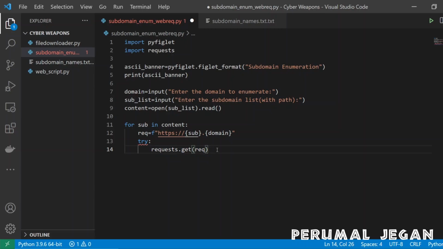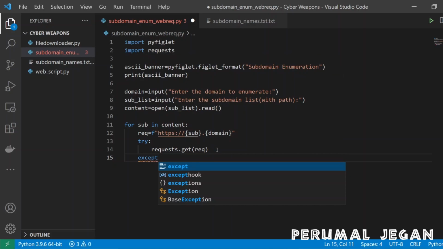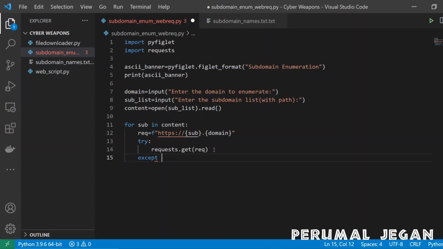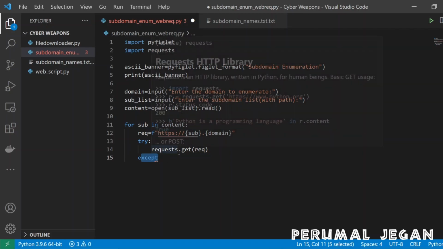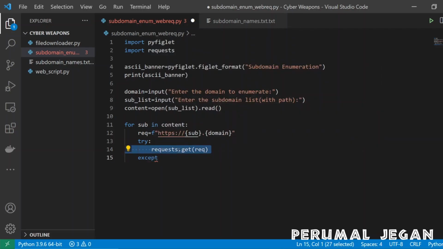Okay, now I'm calling the except statement. In the except statement, I need to mention the exceptional case. For example, I'm just sending the request to a server. If the valid subdomain is present, then it will not call this except statement. If the request is invalid, there is no such subdomain, then this exception will be called.